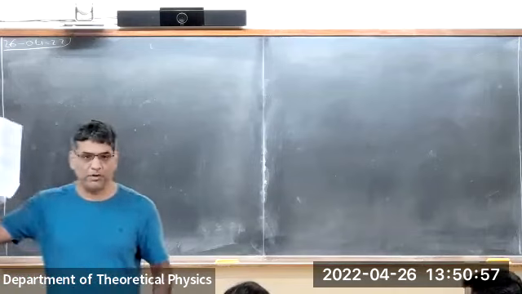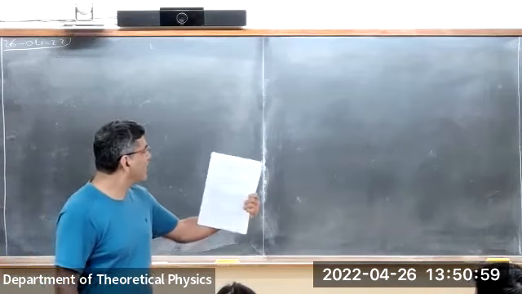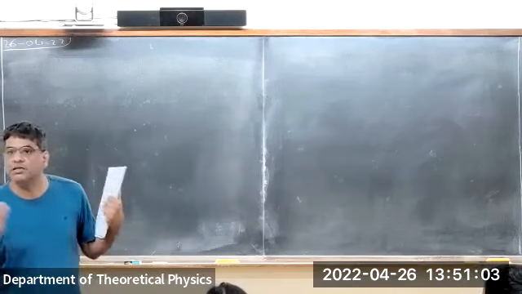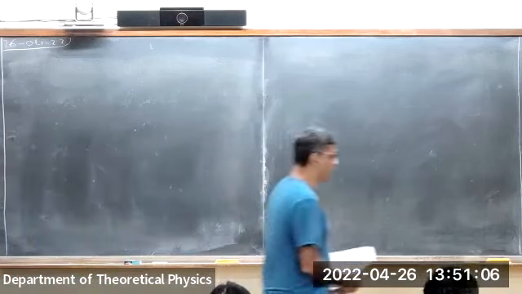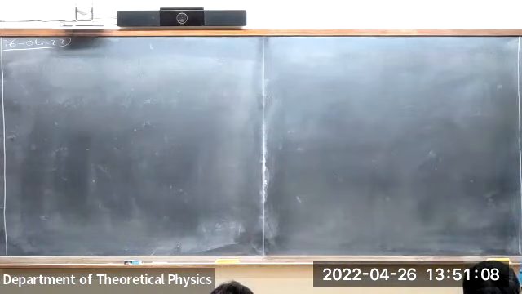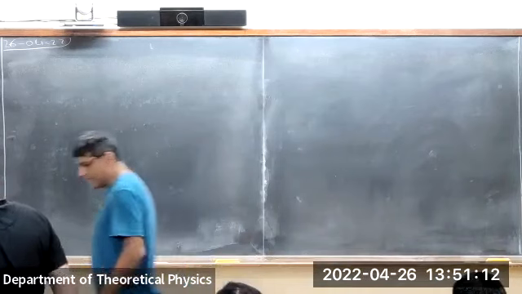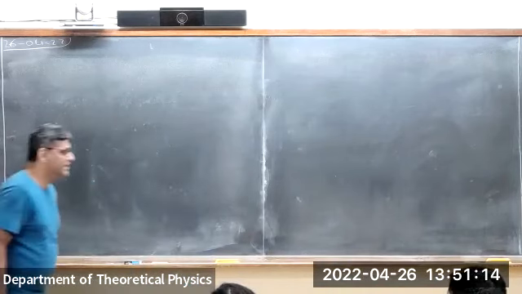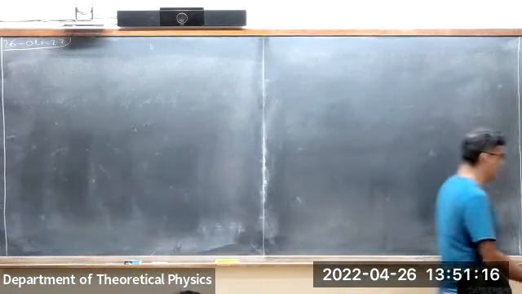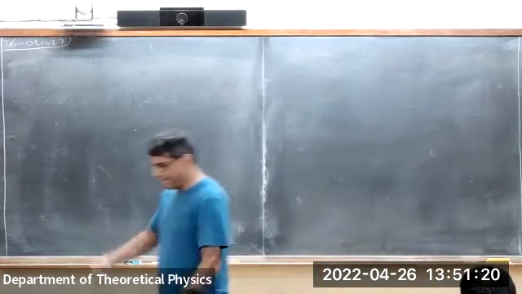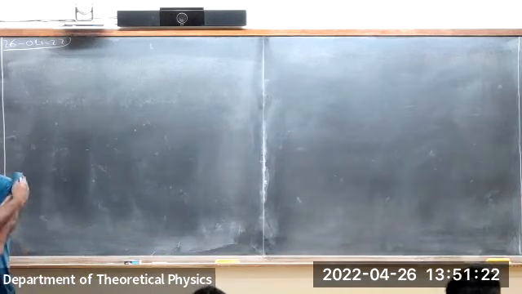And we will largely be following this review by Seiberg and Terning for the study of supersymmetric Yang-Mills theories with N equals 1 supersymmetry. Okay, but before we start looking at these theories, I need to tell you a little bit about superspace and the mechanics of writing down supersymmetric theories in